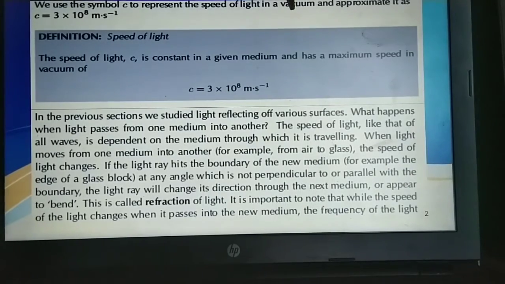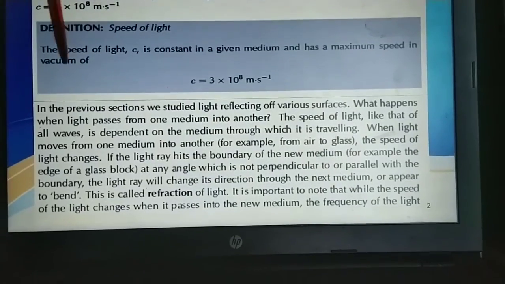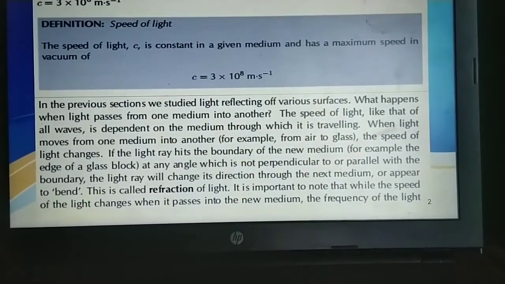This is in a vacuum and is closely equal to 3 times 10 to the power of 8 meters per second. Now, the speed of the light is a constant in a given media and has a maximum speed of 3 times 10 to the power of